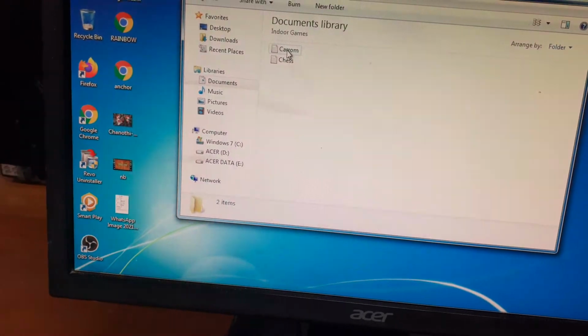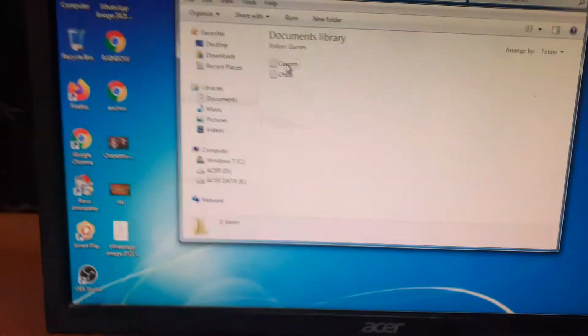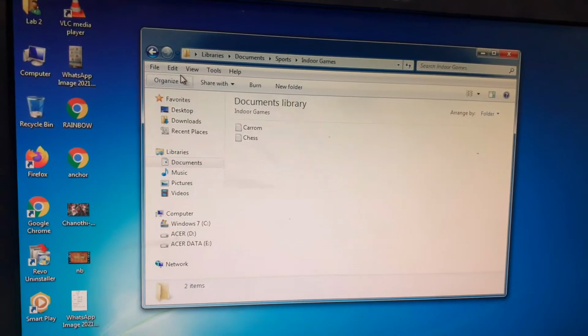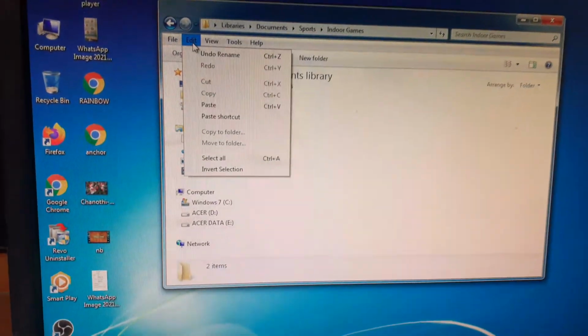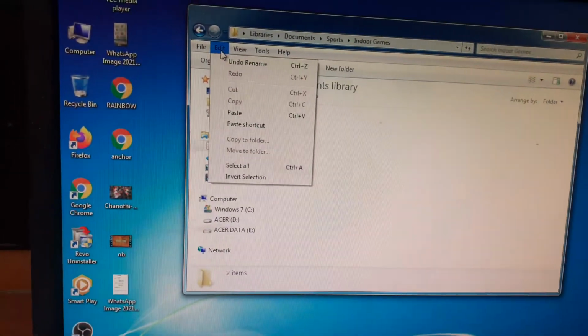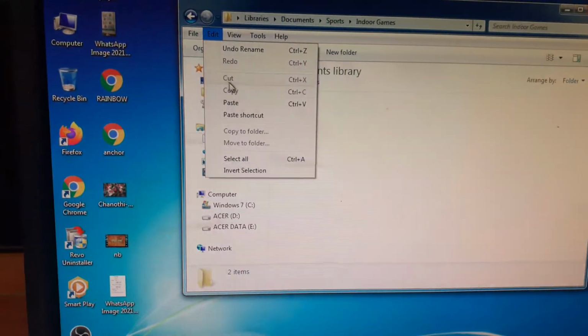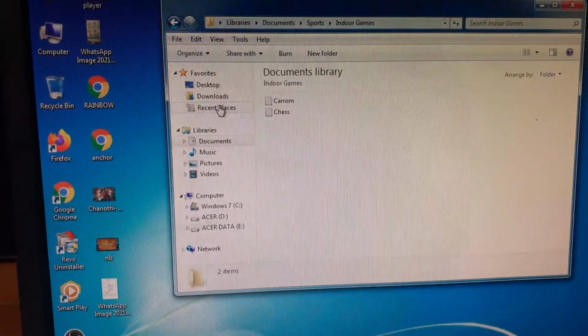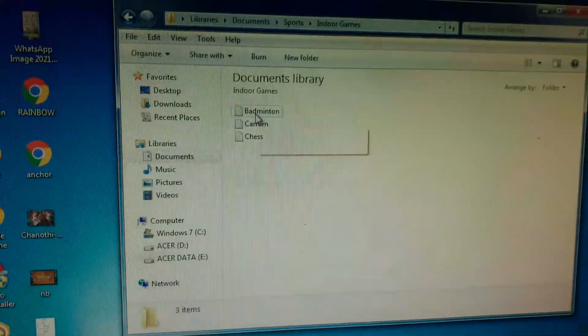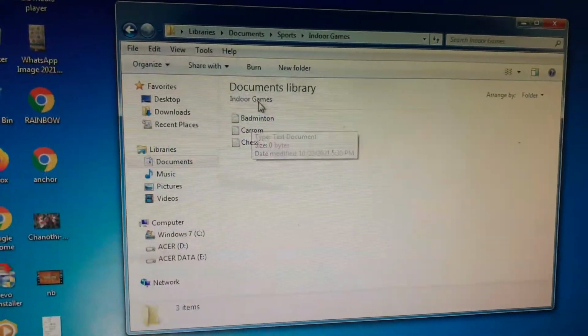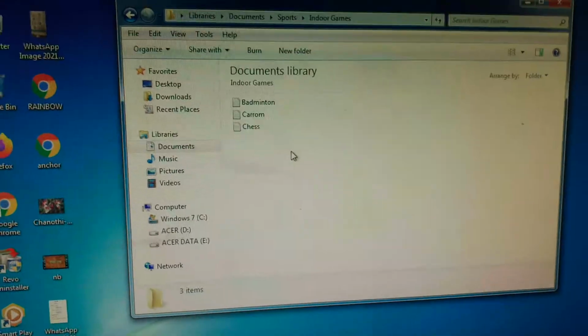Now on the menu bar click on the edit command and click on paste. So now you can see, children, the badminton file is also in the indoor games subfolder.